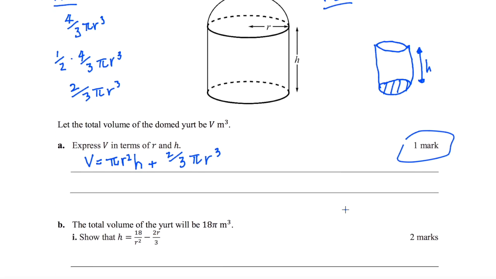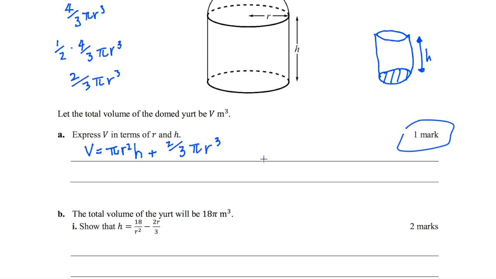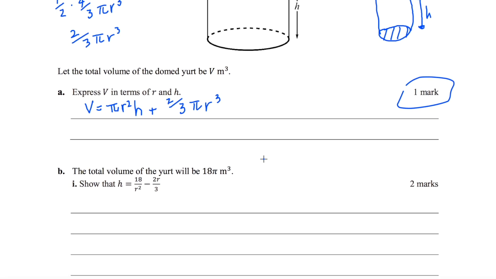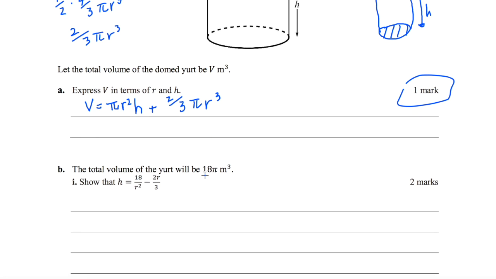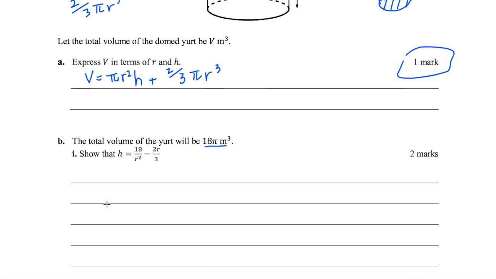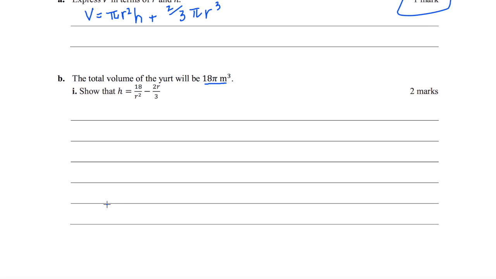Next, the total volume of the yurt will be 18 pi meters cubed. So this is an important piece of information. It's saying that we're keeping the volume of the yurt constant. So that means since we're keeping the volume constant, if the radius changes, the height must change. So keep that in the back of your mind. Show that h equals 18